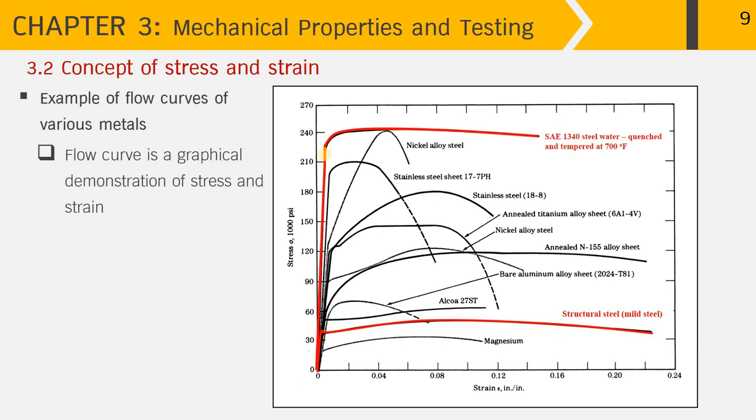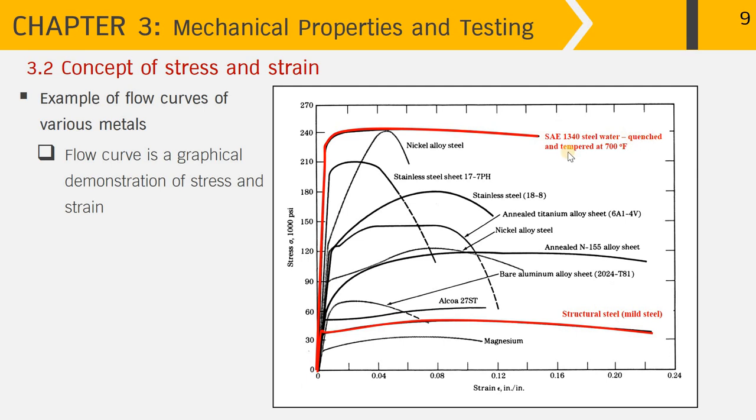But then, when we compare with another one up here, is another type of steel that has been quenched and tempered. Is another type of steel with a different composition, and this will come with higher carbon content and other alloying elements. And this type of steel can be heat treated,